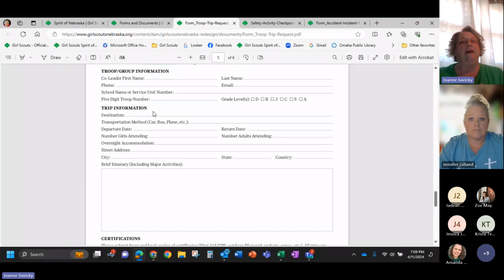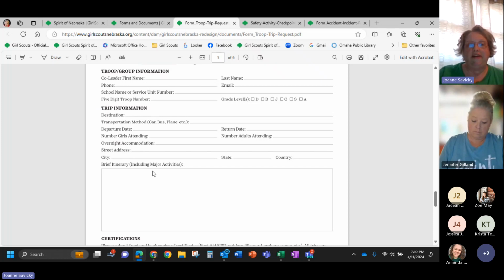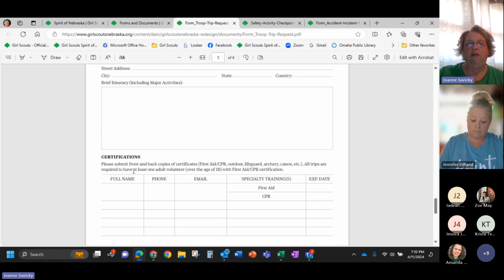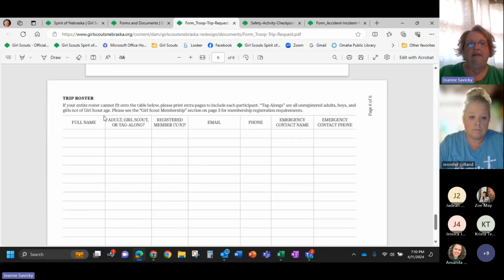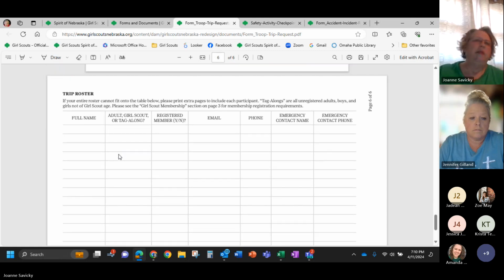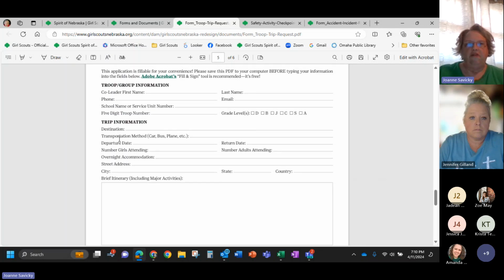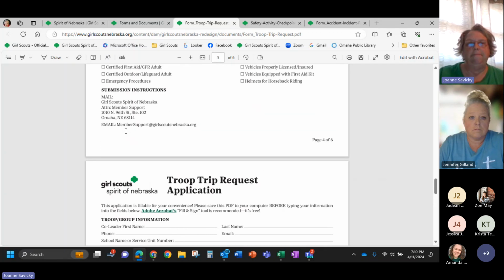I mean, it's going to ask who's the co-leader and all that specific information at the beginning, and then your trip information, like your destination, brief itinerary of what are the daily activities that you're going to be doing, and then it's also going to have you list all the certifications and the people that have those certifications that will be going on the trip with you. And then it'll have you give a troop roster of everyone that's going on the trip. So prior to filling out the application,